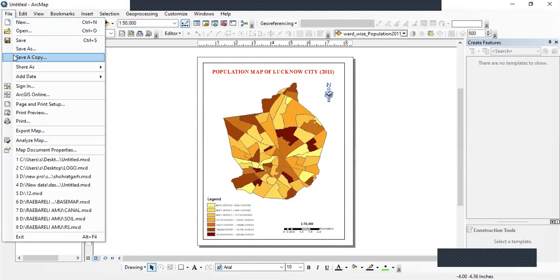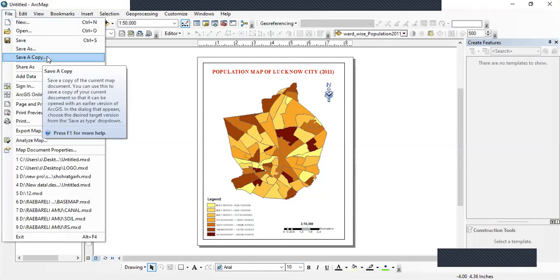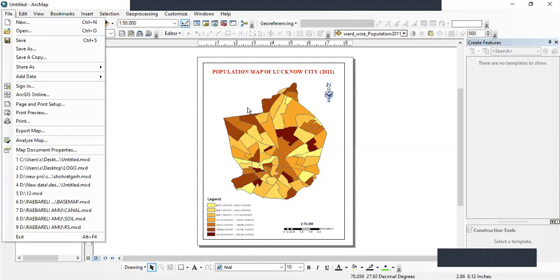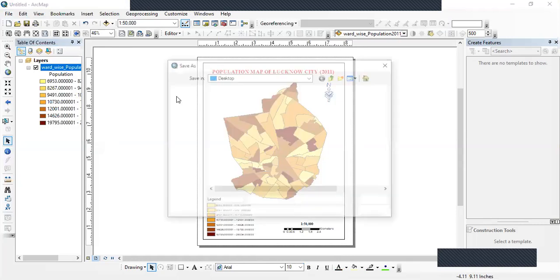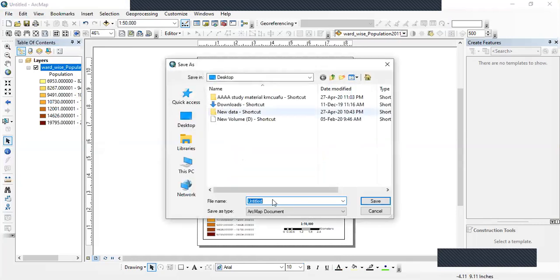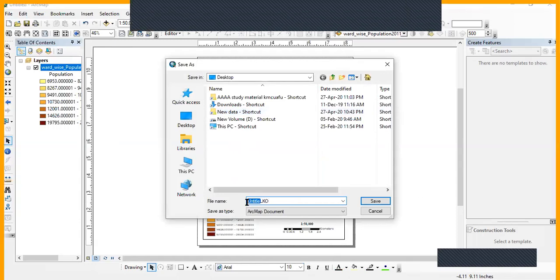As I told you, in the next lecture, we are going to know how to give the grid to this map. So I'm going to save it. Save the MXD, giving the name Lucknow. Lucknow, save it.